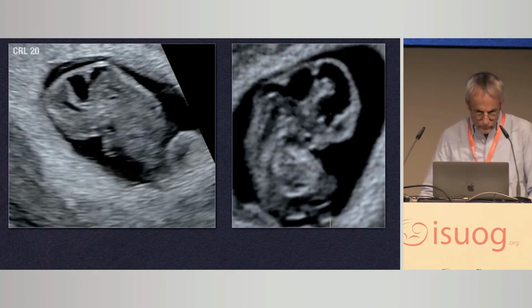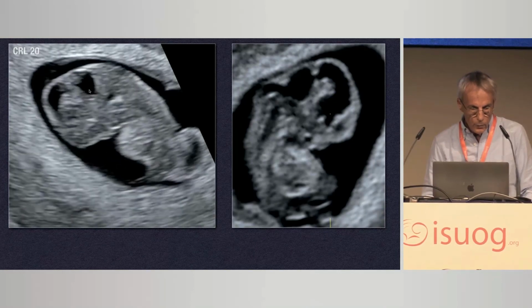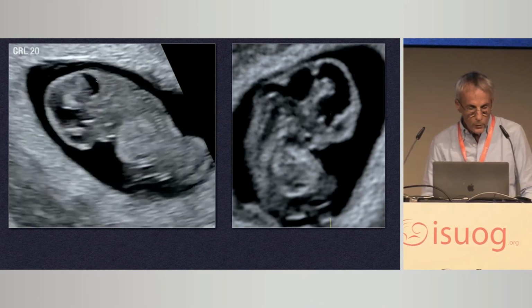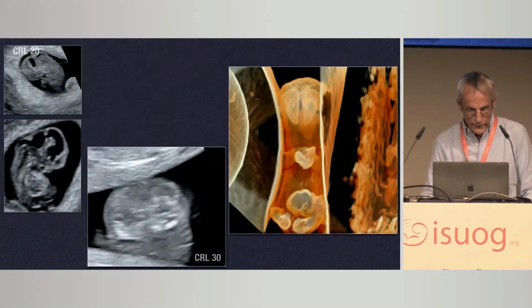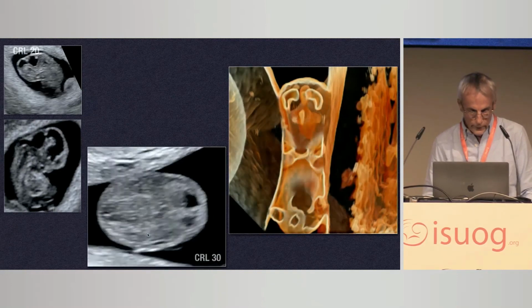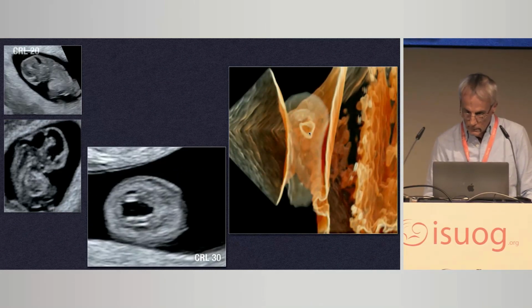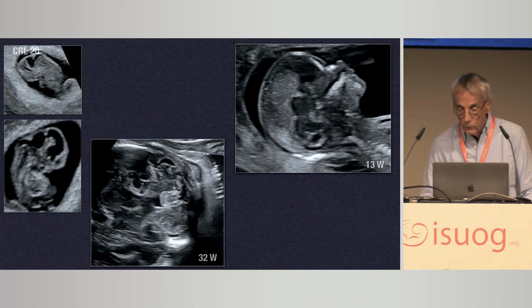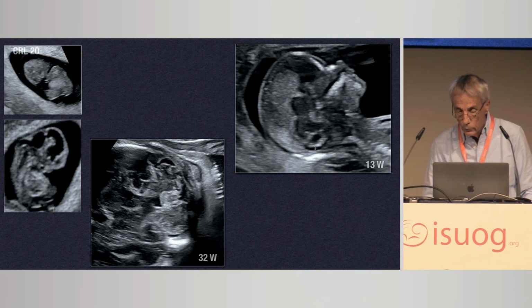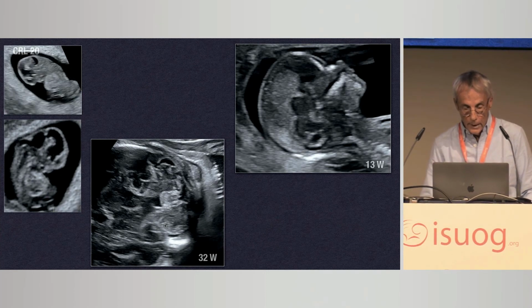And look at this case. It was a few months ago at 20 millimeters, and you can see the lower part of the rhombencephalon. It's strange because it's thin and long, so I suspected something would happen. And I did the scan at 10 weeks of pregnancy, and you have a large posterior fossa here. But later in the pregnancy, at 12 weeks, it was completely normal. You can see the fourth ventricle and the choroid plexus of the fourth ventricle and the cisterna magna. And this was at 32 weeks of pregnancy, and it was normal,